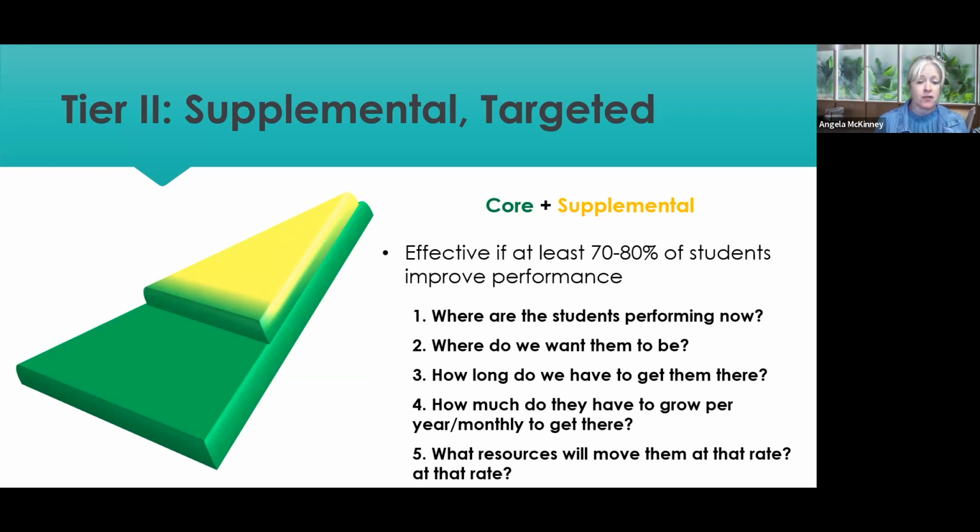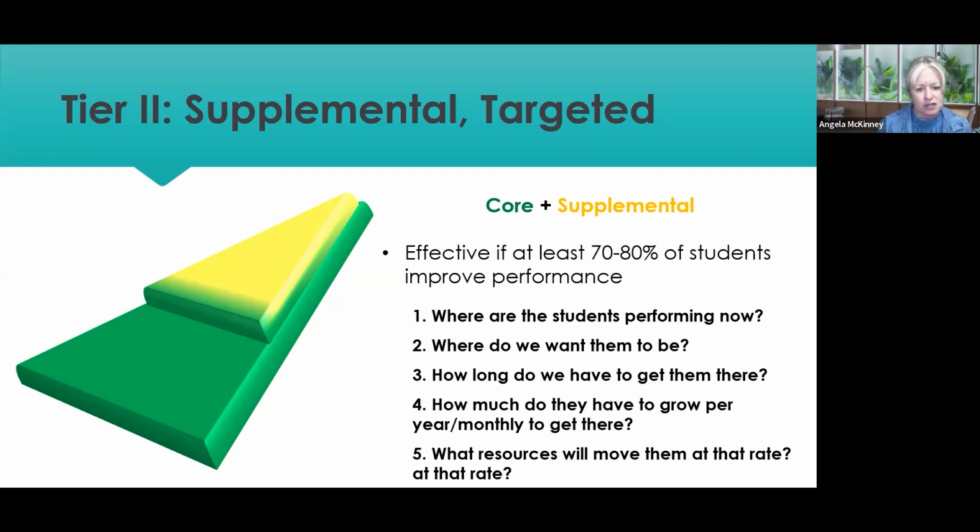What you're going to get first, whether it's in the gen ed room or the special ed room, I don't care where it is, if that is what we think is going to have the best impact, that is your tier 1. But beyond that, if that wasn't enough, I'm going to give you more in addition to that 90 minutes. So it's supplemental to that core instruction.